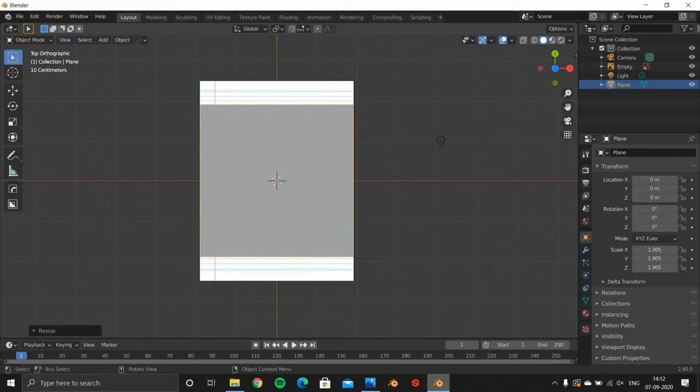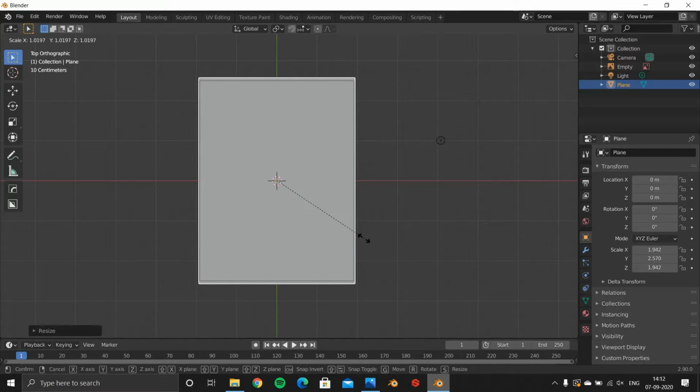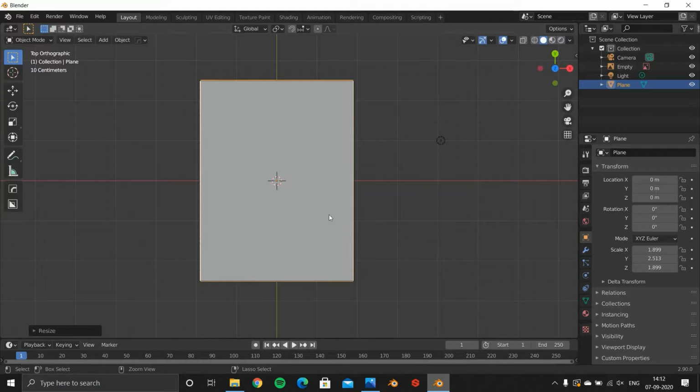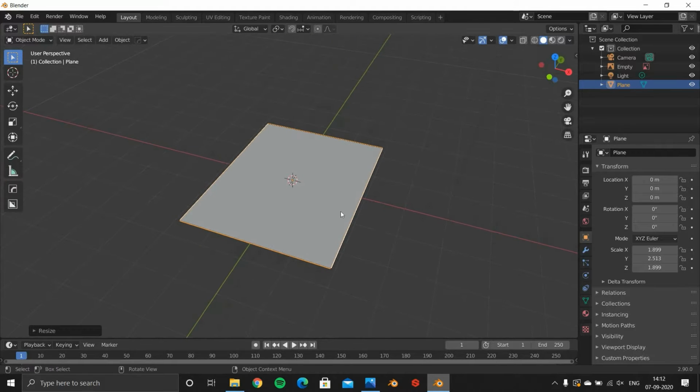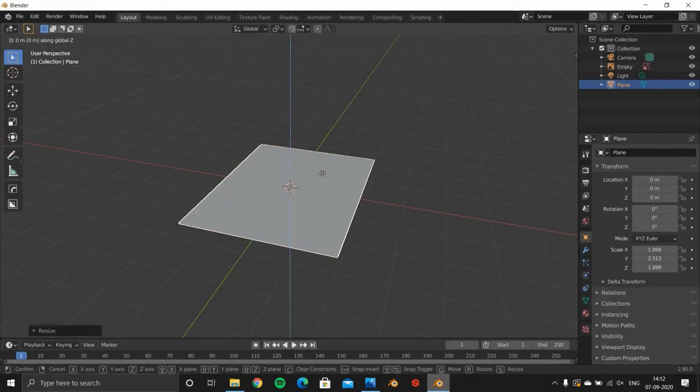So let's size it up. I will also provide this picture in the description, so you can download it from there if you want to follow along.